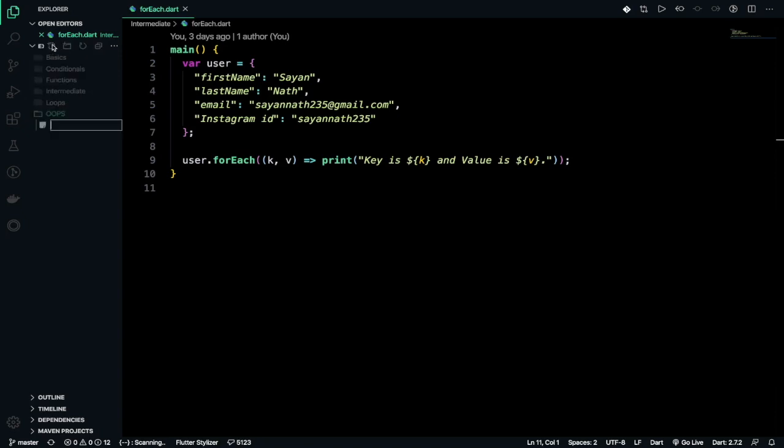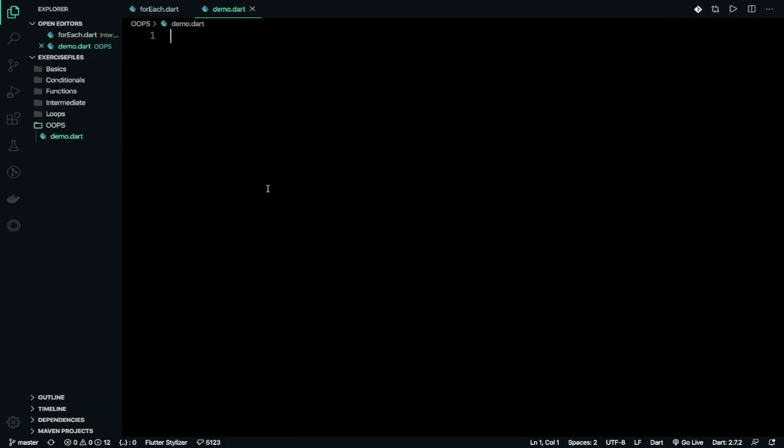So let's create a file under OOPS, that is demo.dart. Let's say demo. Basically Dart is an object oriented programming language, so that's why it supports classes and interfaces and many other things like objects too.